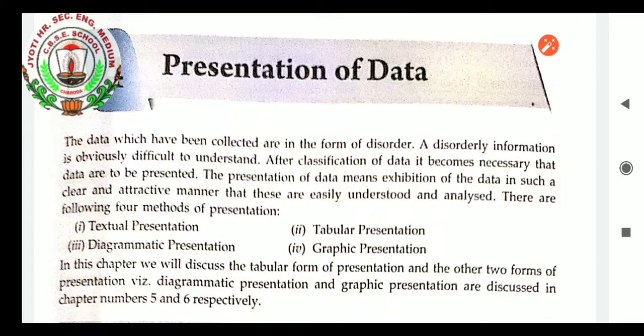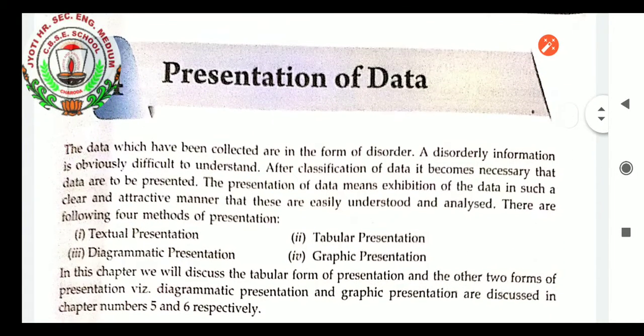Today we will start the new chapter of statistics, that is presentation of data. See here, students, these three chapters: continuation, presentation of data, and graphical presentation of data. I will cover them in short because this chapter does not have much importance from the examination point of view. But whatever is needed for MCQ type questions, I will explain from this chapter, and we will proceed to the central tendency chapter, so that we can get more time for the practical calculation of the chapters.